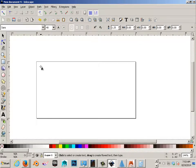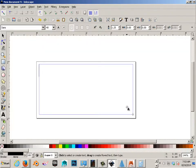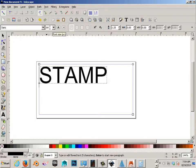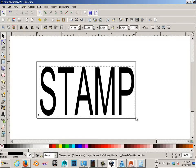Okay, let's design our stamp, what we want it to look like. And we'll put, just for this example, stamp. And I want capital letters. Okay, we'll just make the word stamp. Again, this could be anything. It's just an example, but I'm going to be using text as my example. So if we wheel the mouse up here, we can make our text any size. But we can also go like this and grab it